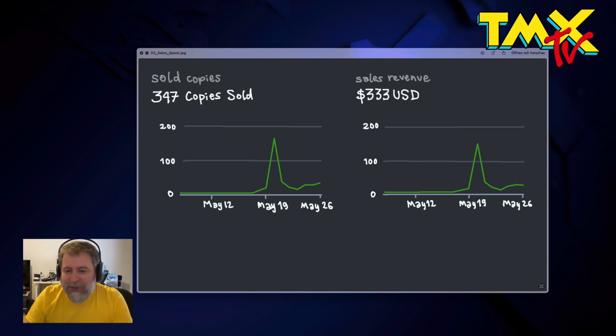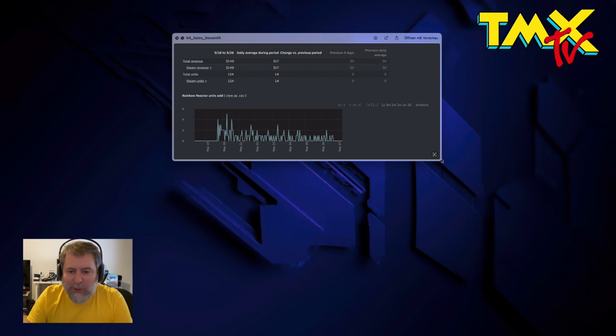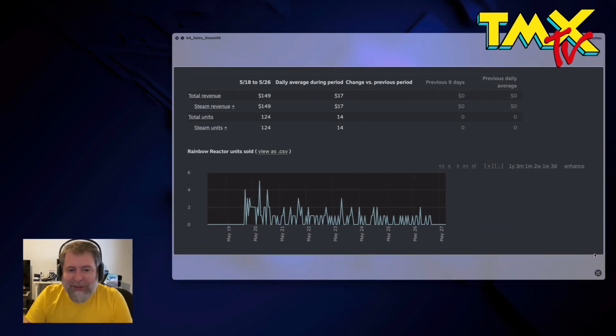All right, so with that being said, let's get onto Steam. Oh, this picture is a little bit small. Let's bring it up a bit. So this is the original Steam interface. You know, I guess nobody got ever sued because they showed this in their game developer videos. So as you can see, on Steam, the game made $149 and sold 124 units because it cost roughly $1. So that was that, you know. And again, you can see,